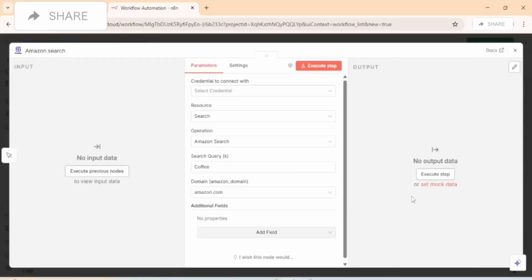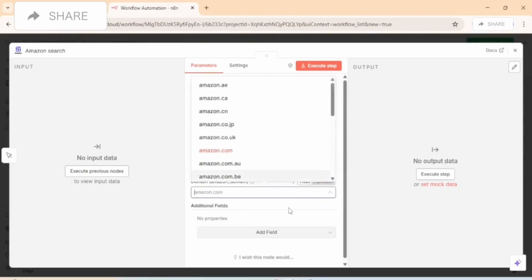Then click Install Node, which is orange in color, which then opens a new screen where we can select a credential to connect with, search up resource, and other things. And that's it. Now you know how to connect SerpApi to N8N and start automating your workflows with search engine